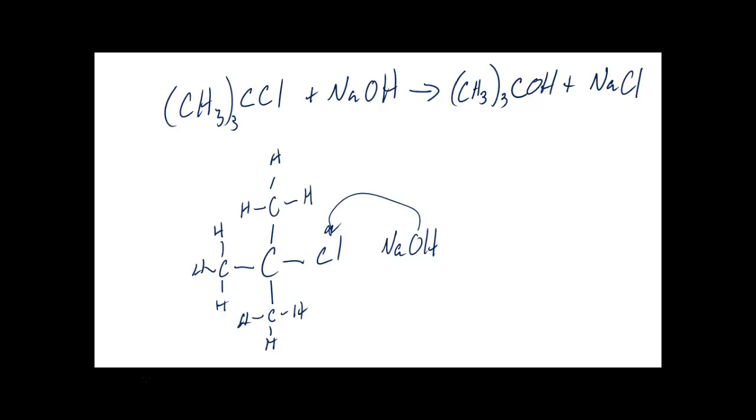Now, pretty simple reaction. Only the concentration of the T-butyl chloride, that's what this is called, T-butyl chloride, controls the rate of the reaction. But in the reaction,